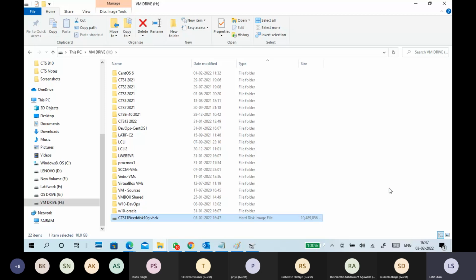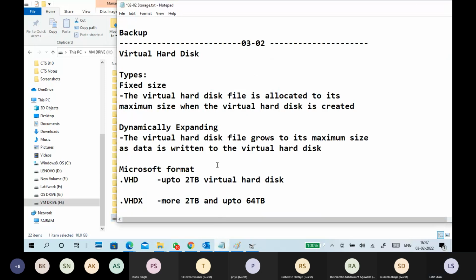You can store data in the virtual hard disk like you store data in a physical hard disk.